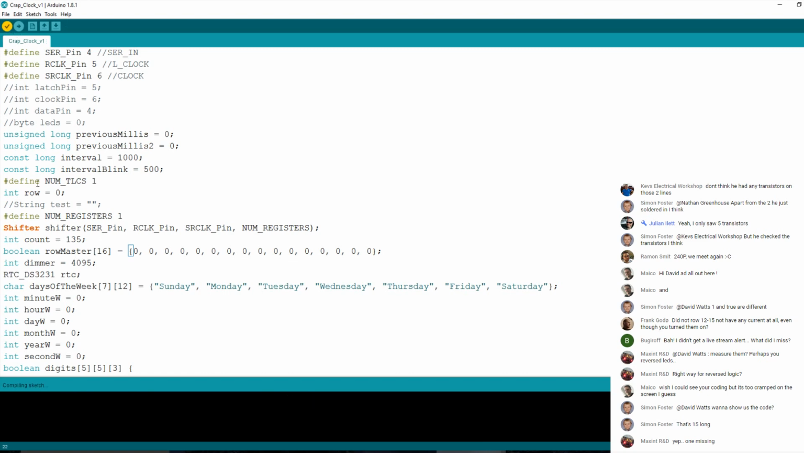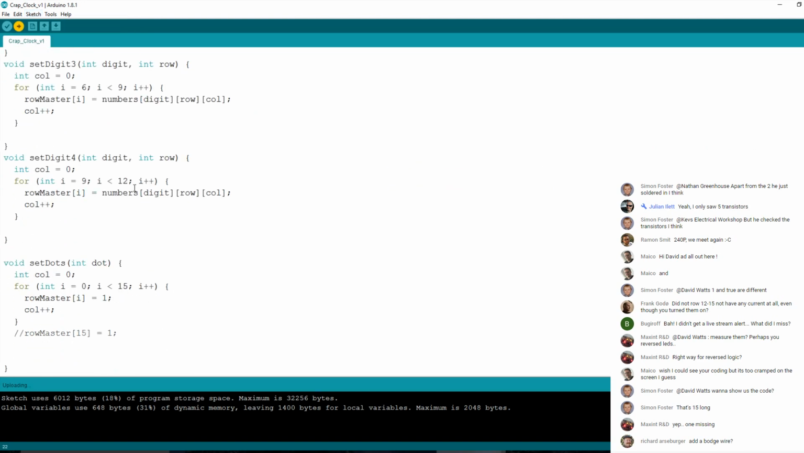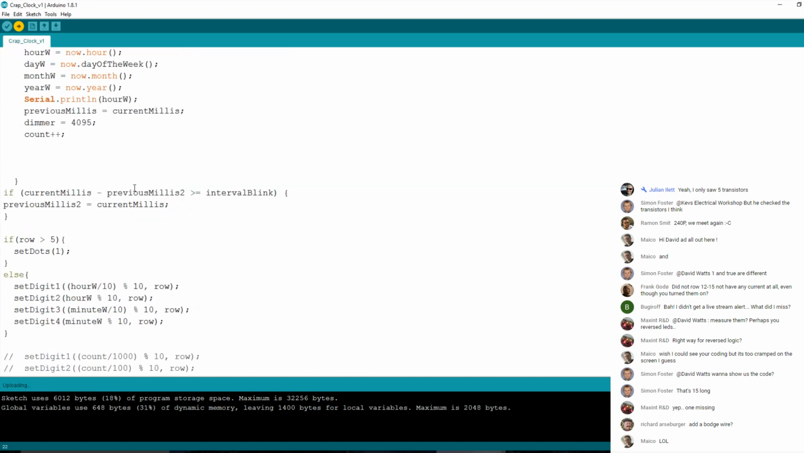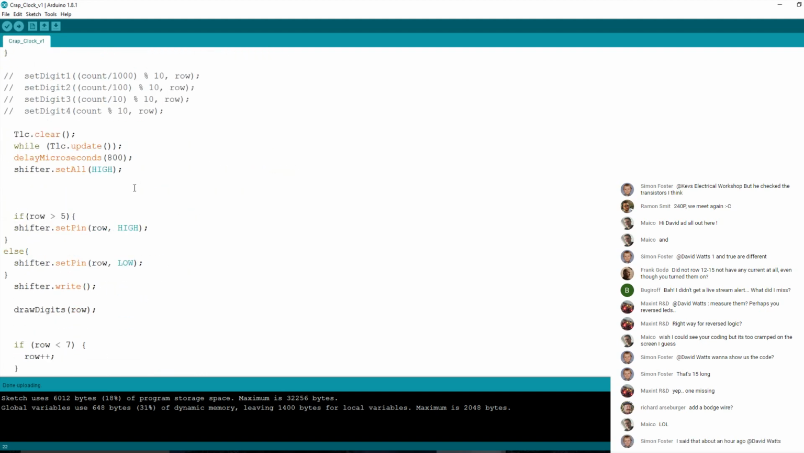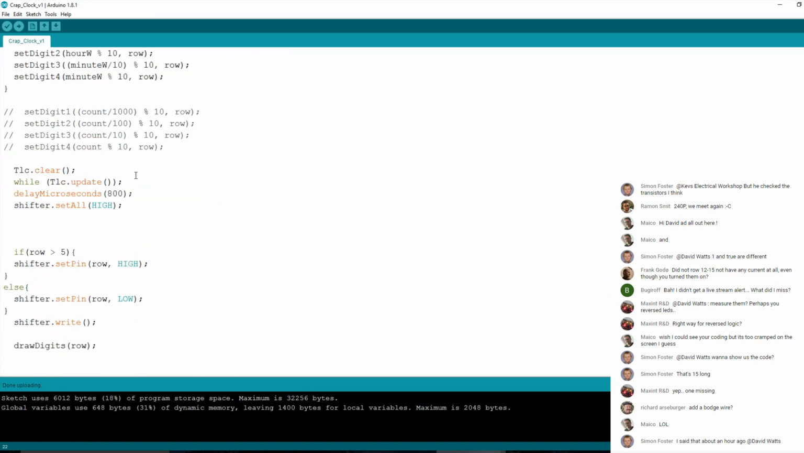long. And if I compile that, is it going to throw an error? No, that's right. So what happened there is it didn't have a value for the row master 16. So maybe that not having a default value was the problem. We'll find out. I'll just upload it again and see. No. Okay, so why on earth? So we're updating, we're setting all as high. If the row is greater than 5, we're setting them as